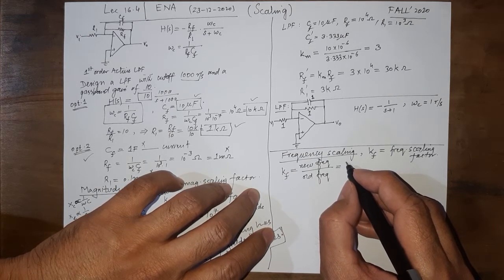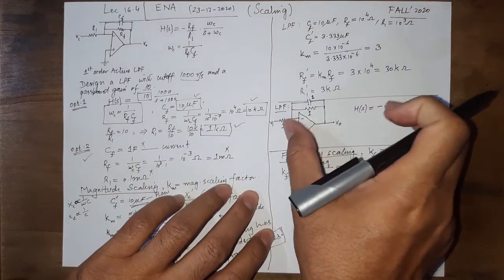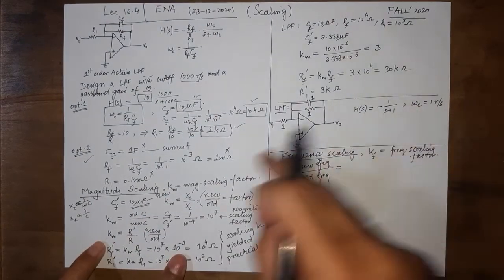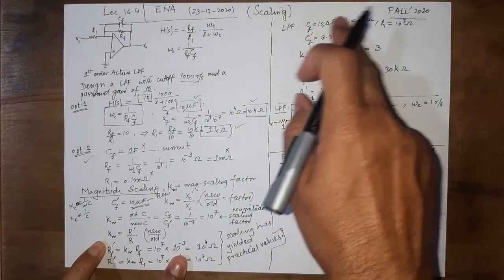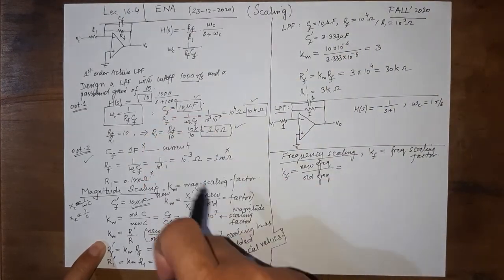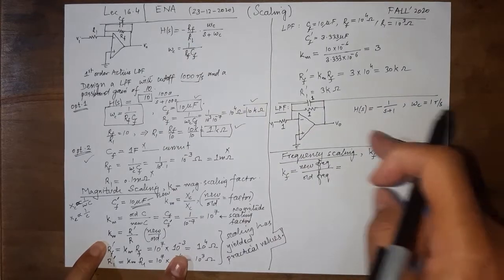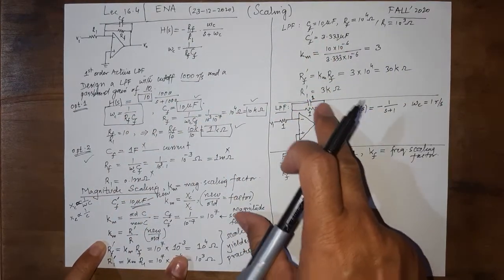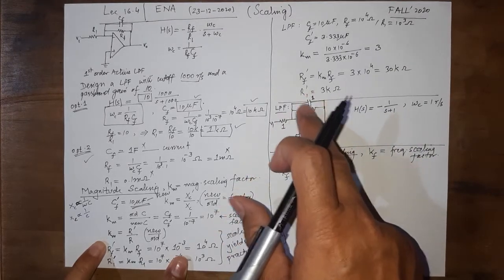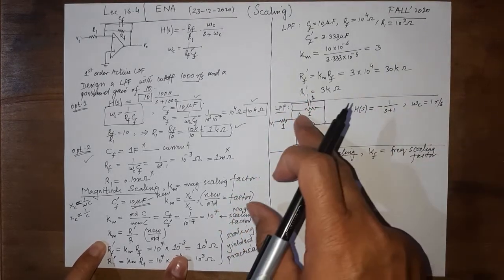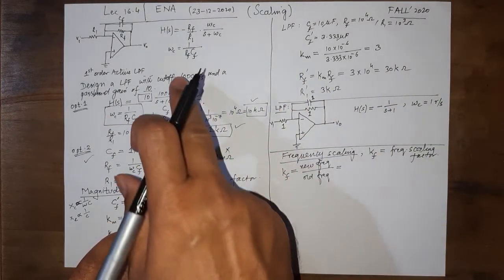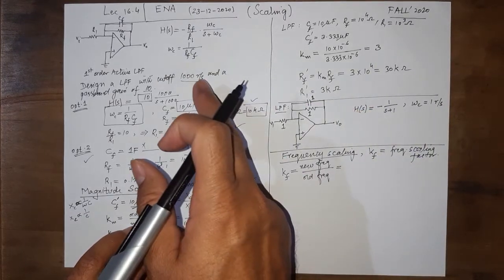So if we just apply magnitude scaling on this one, then the cutoff will not change. You would see that whether we use these values or these values, the cutoff frequency will remain the same. For all these values, the cutoff frequency is 1000 radian per second. We have not changed the frequency here. So magnitude scaling alone is going to change the values of R's and C, but it will not change the cutoff frequency. However, if we want to change the frequency as well, we need frequency scaling.